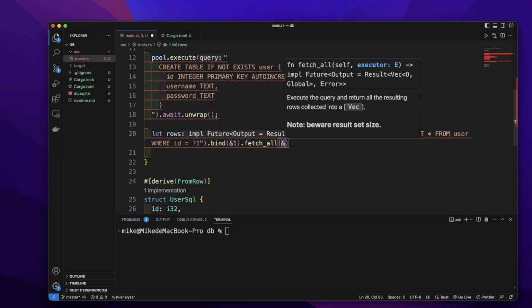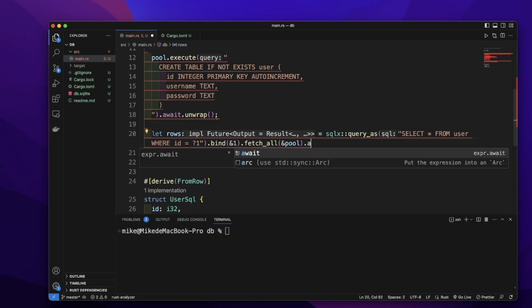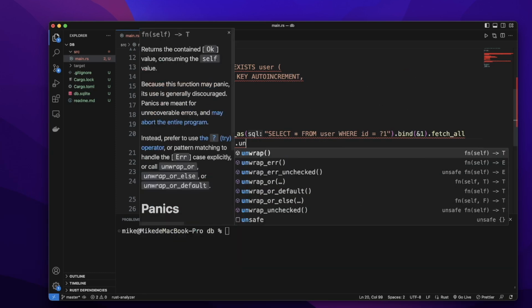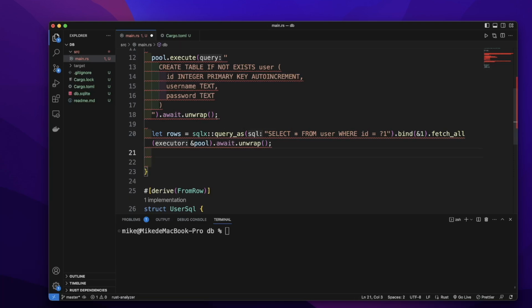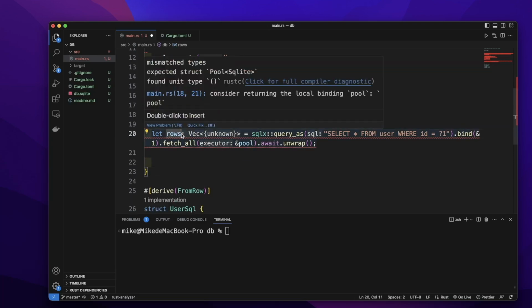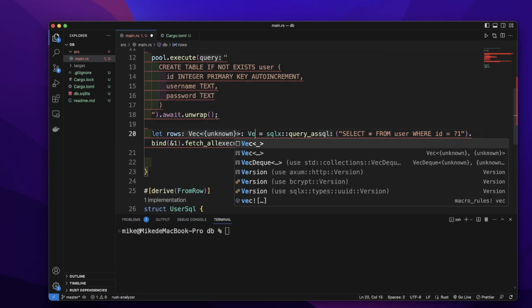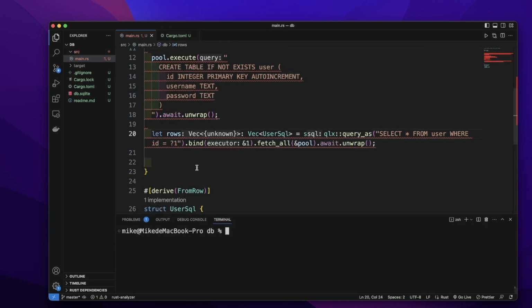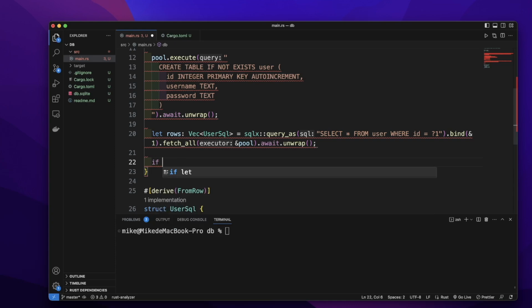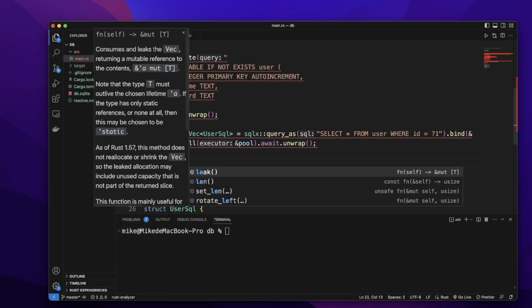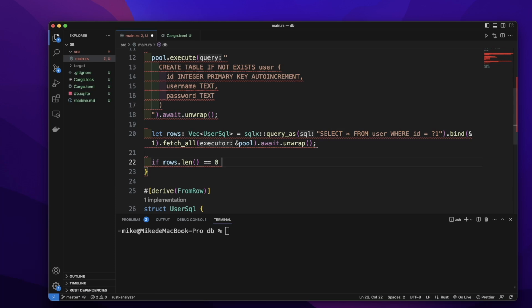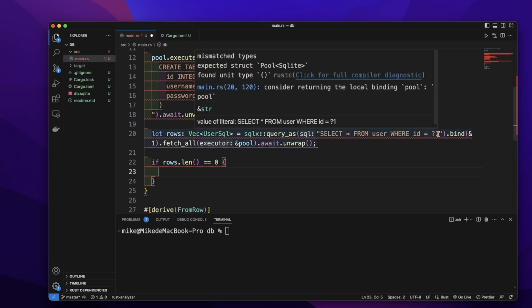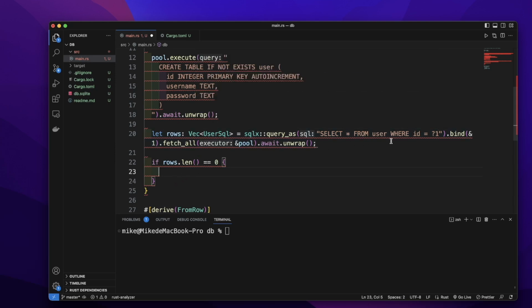We'll pass the reference of this pool as an argument. Then let's call await to handle the future, and unwrap to handle the result. Let's add a type annotation for these rows. It will be Vec, hold UserSql. Then let's check if rows.len equal to 0. So it means we didn't find the user whose ID is 1, so we need to insert that first user